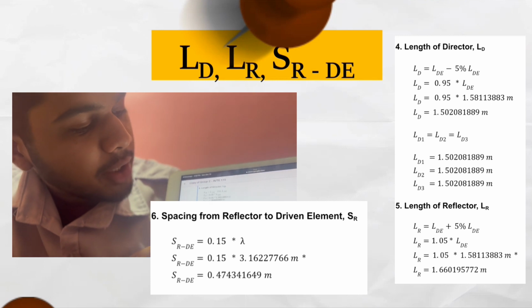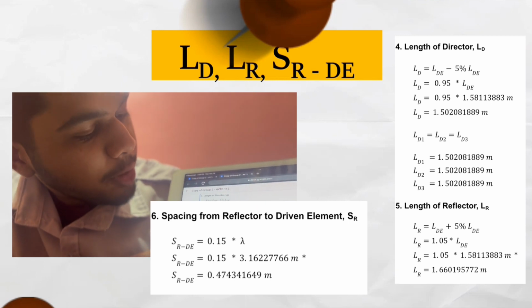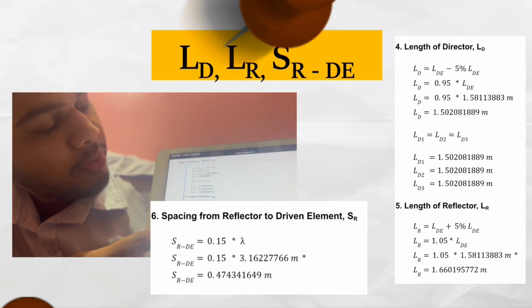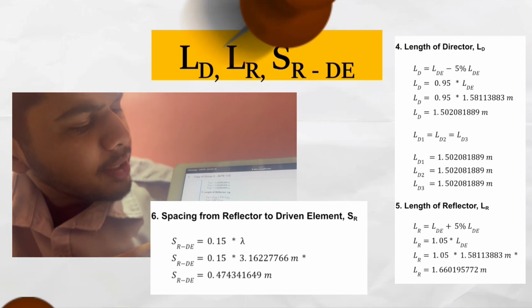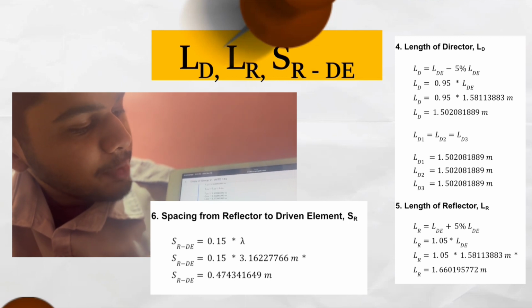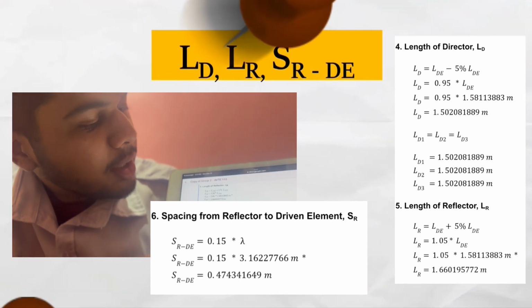LD1, LD2, LD3. These three are the same at 1.502081889 meters. In length of reflector, we did LR equals LDE plus 5% LDE. We replace the LDE with 1.05 and we replace the 5% LDE with 1.58113883 meters. And we multiply them both, so it is equal to